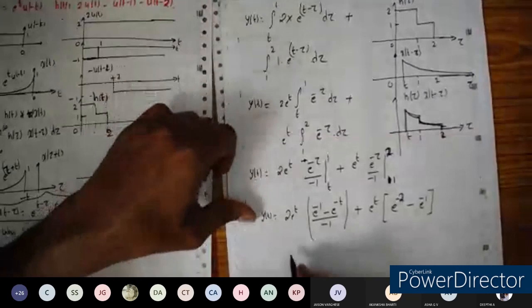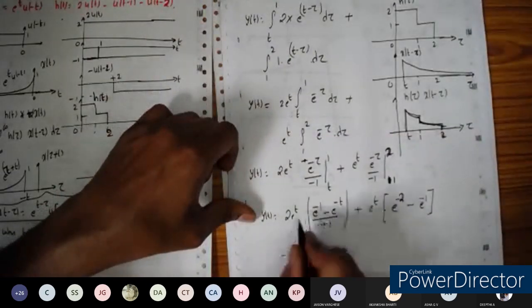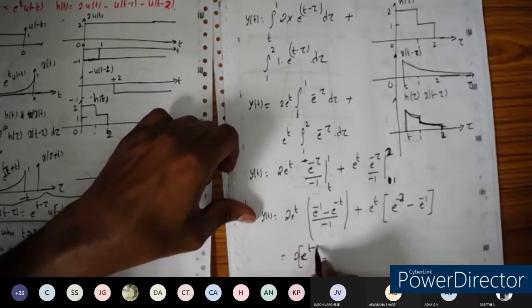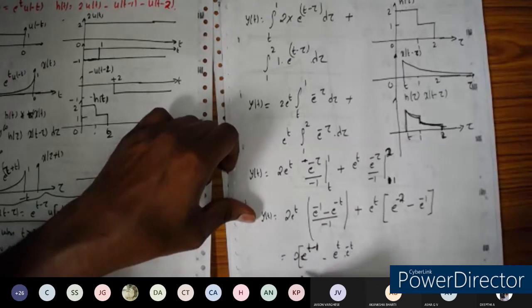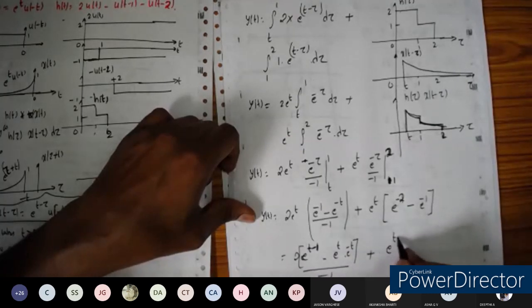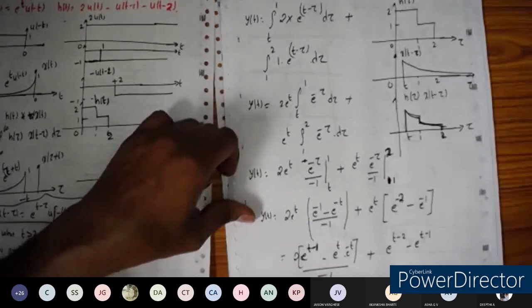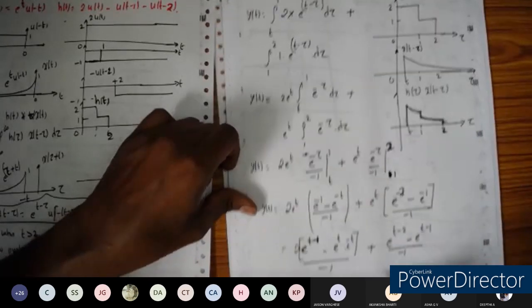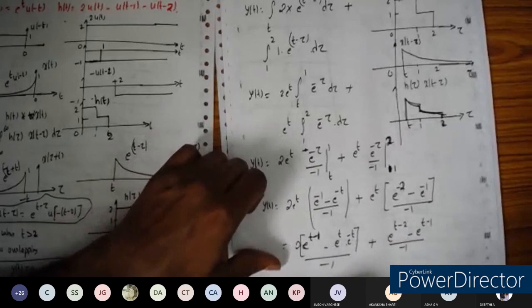Okay. So then 2 into e to the power of t minus 1. So let us multiply here. 2 into e to the power of t minus 1 will get here, e to the power of t into minus this one. Okay, next one is e to the power of plus t into e to the power of minus t. So whole thing divided by minus 1 plus, if you multiply, e to the power of t minus 2 minus e to the power of t minus 1, e to the power of t minus 1. So this is also divided by minus 1. This is also divided by minus 1. So right. So this will become 2 into, okay.